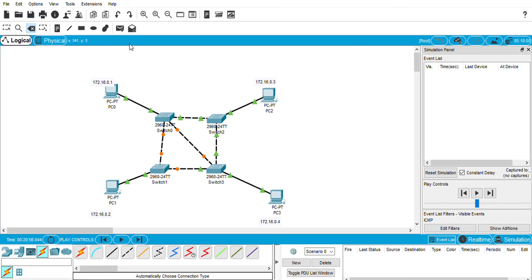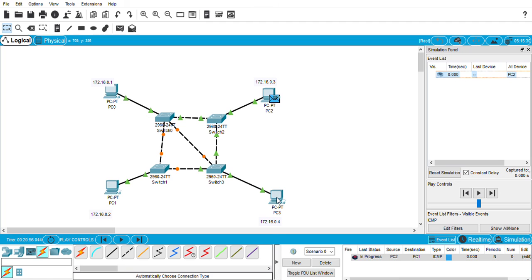In simulation mode we'll select a packet and send it from PC2 to PC1. Let us try here. We'll go an alternative way.